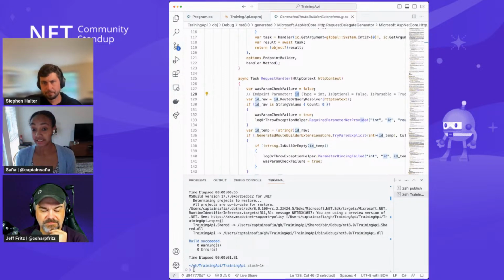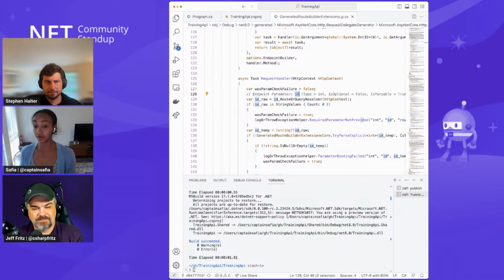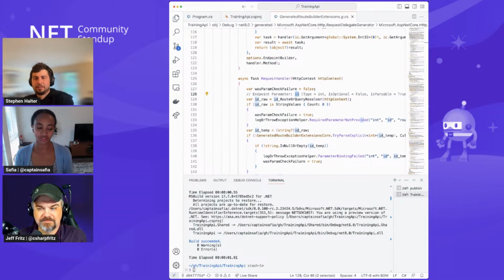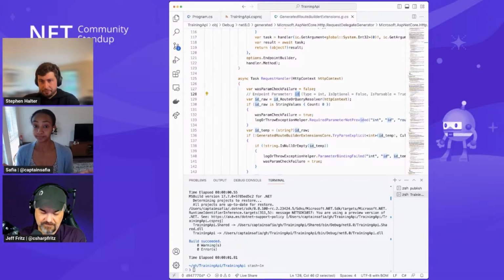One of the things that we've actually taken great care of is making sure that the performance impact of adding this generator to your compilation is not great. So it's an incremental generator. For those who are not familiar, source generators have existed in two kinds of iterations. The first implementation was ISourceGenerator. And then the second is this incremental generator, which is a little bit smarter about caching certain instances so that if you haven't modified a particular syntax in your application, particularly if you're running in Visual Studio, the generator is not going to keep running and reproducing code as aggressively.